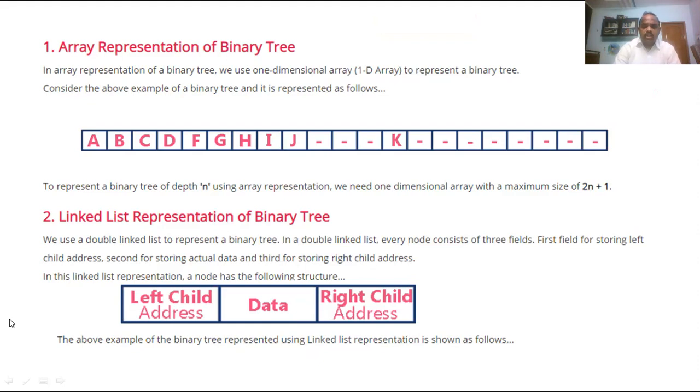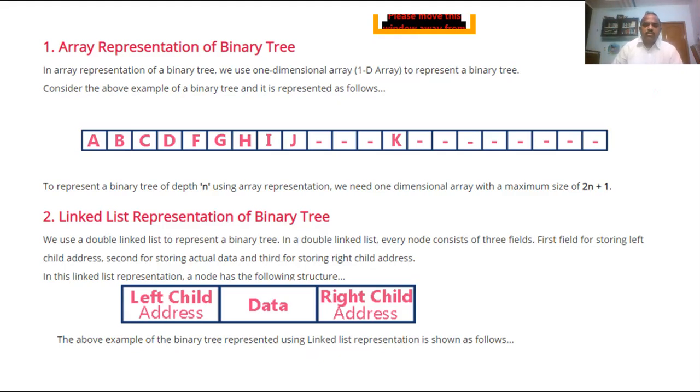In the double linked list, each node has how many parts? 3 parts. The first part holds the address of the previous node. The next part is the data part, and the third part is the next part. Here previous, data and next. So in the tree example, left child, data, and right child. A left child field can store the address of the left child node. The right child block holds the address of the right child. Then the data is the actual given data assigned into this part.